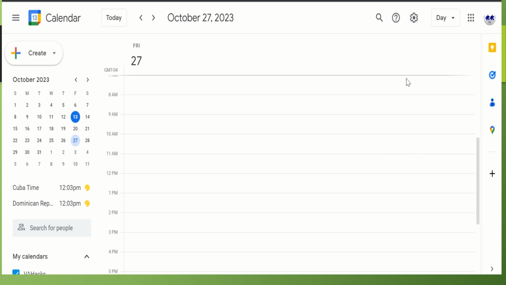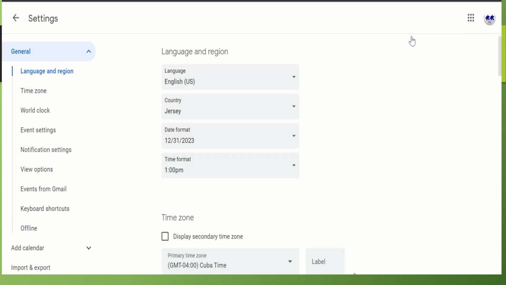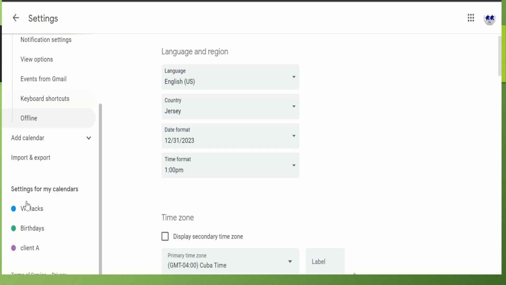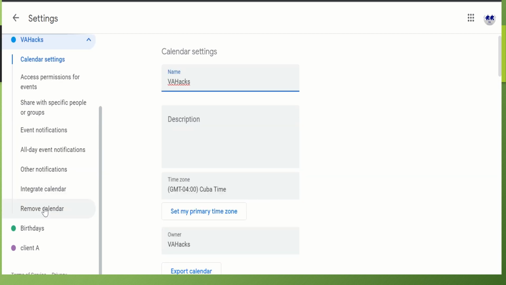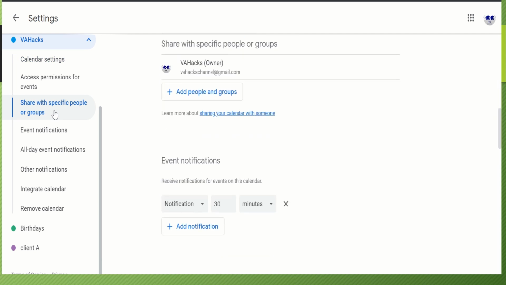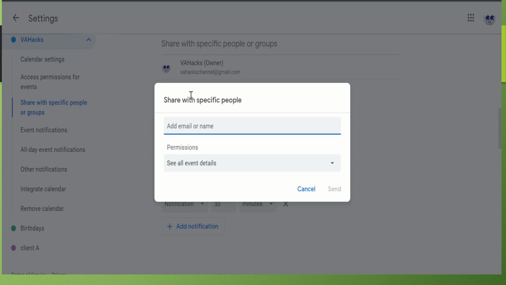First of all, tell them once they are in their Google Calendar to go to settings. Once they are in the settings, they should select a calendar they wish to share with you. For example, if it's that calendar, and then select share with specific people or groups. So here they can add your Gmail account. For example, if you are Sharon,